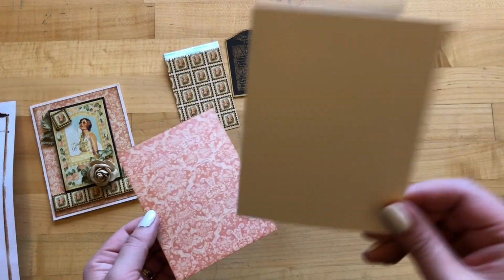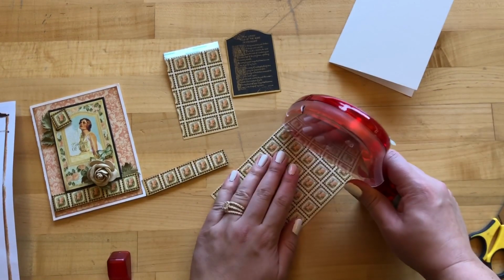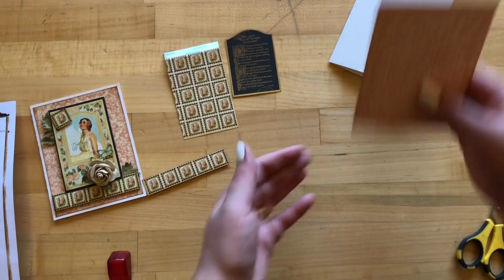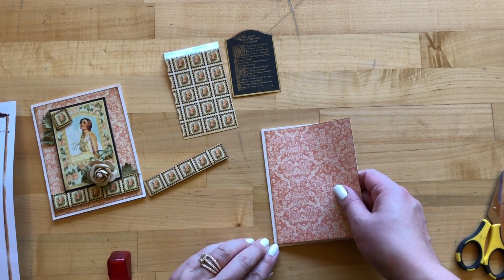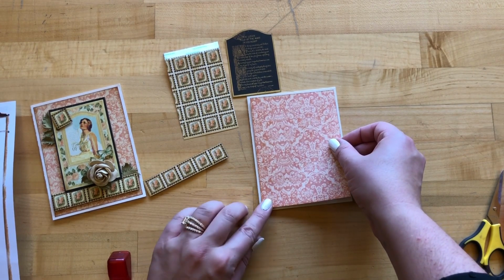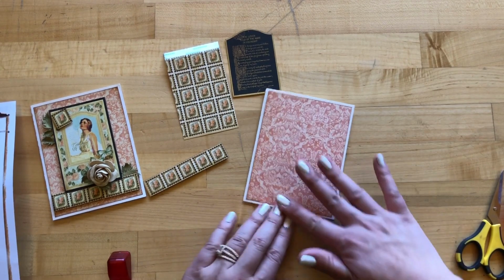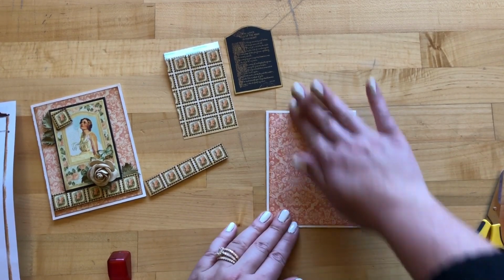In Step 6, we're going to grab one of our card bases and start adhering things down. So putting things together, just use whatever adhesive you like. You can go ahead and adhere this flat onto the center of our card base. When I'm trying to figure out my center spot, I like to do diagonal corners and see if everything's looking nice and evenly placed. And then once I've got that, you can take your bone folder or your finger and burnish that